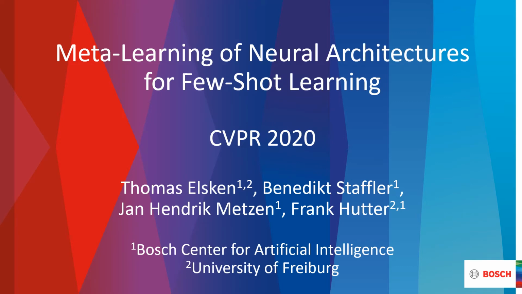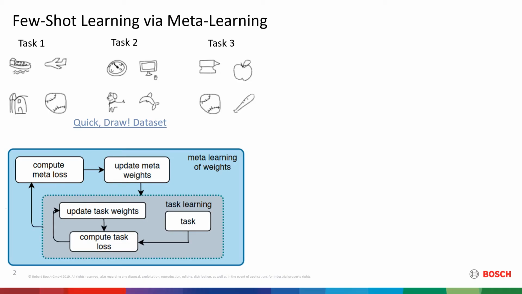In the typical future learning setting, many related tasks need to be solved, for example different image classification tasks. However, each of these tasks comes with a very limited amount of data. One approach to tackle this problem is via meta-learning. On top of solving each task, there's an additional meta-learning loop which tries to leverage knowledge across different tasks in order to improve the task learning